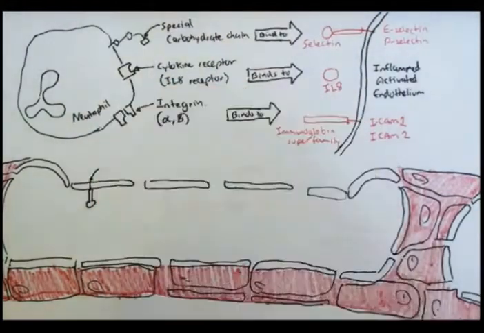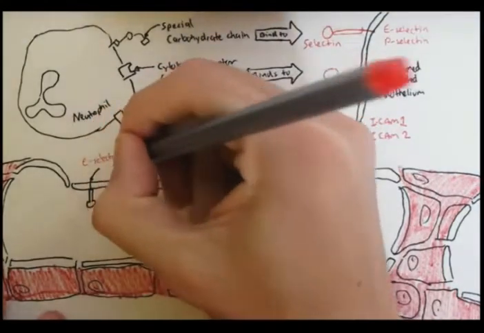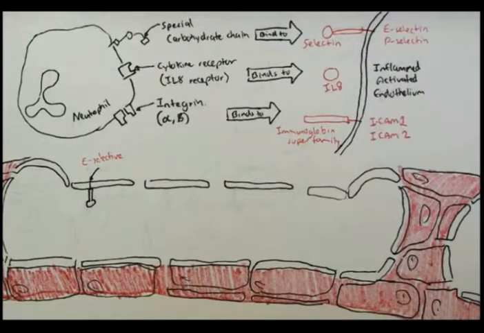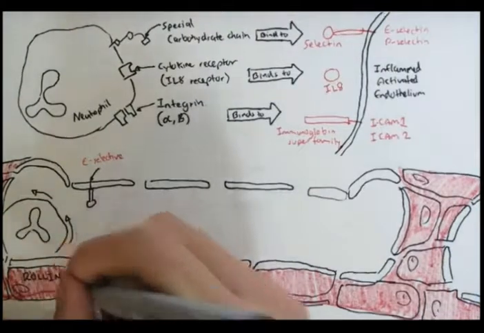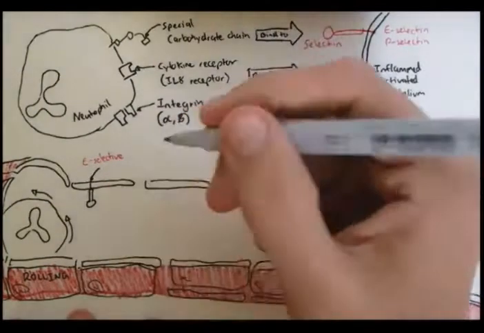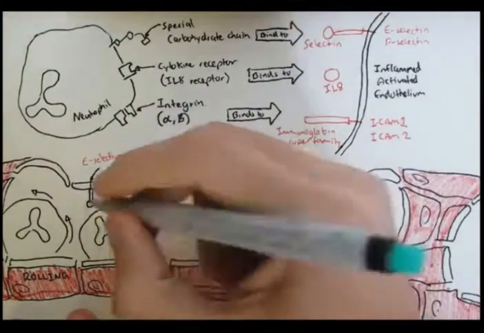Now let's just draw a blood vessel here again and see how it works for the last time, seeing we know the names of the receptors now. So here we have an activated E-selectin receptor from the selectin family on the inflamed endothelial cell. So firstly, the neutrophil is rolling and then attaches momentarily to the E-selectin receptor with its special carbohydrate chain. Now this process